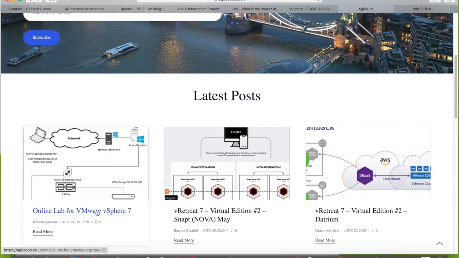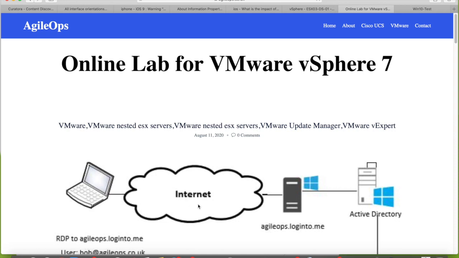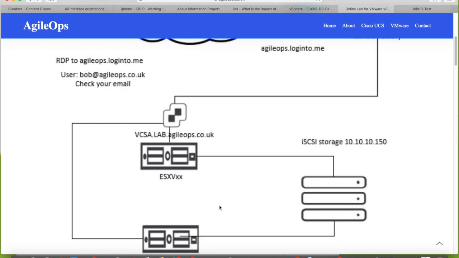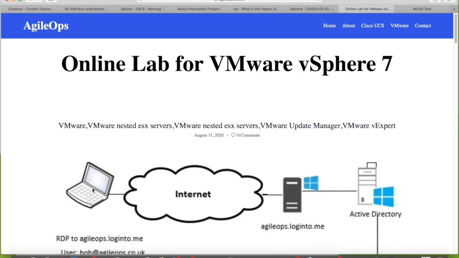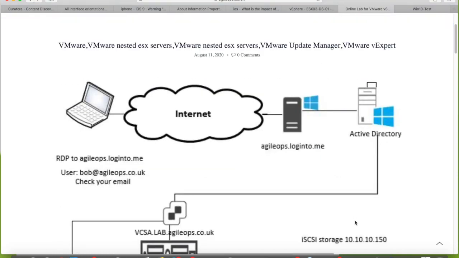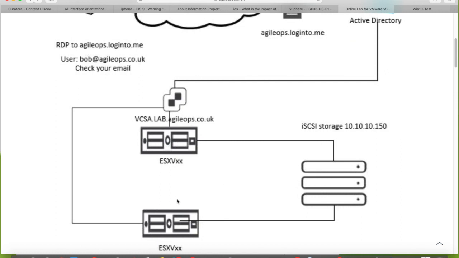So online labs for VMware vSphere 7, this is the post which I have done, and this is how you will access it. So you'll be using my infrastructure. You'll be using your laptop or your desktop. You'll connect to me directly on my infrastructure. You'll have an account set up on my infrastructure, and then you'll directly be able to access my vCenter server, and then you will get 2 ESX hosts ready built for you,